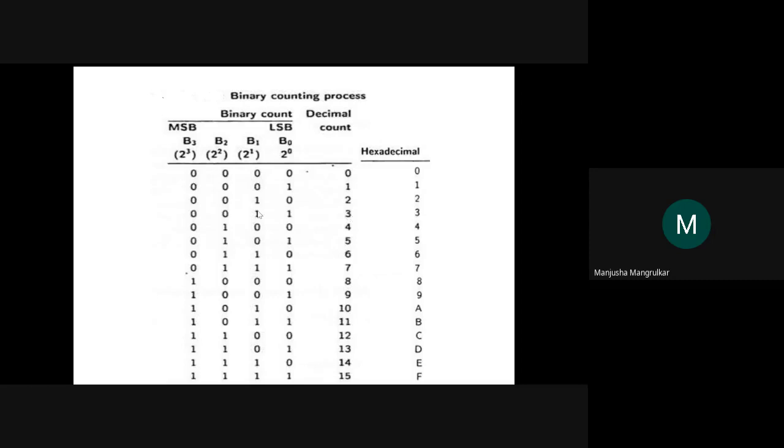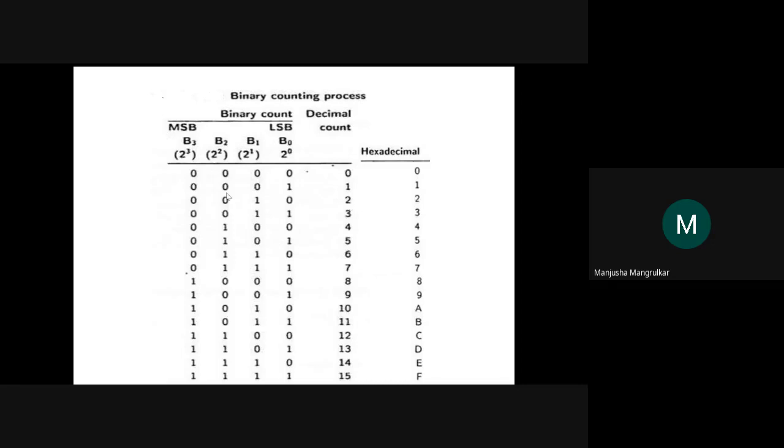Suppose it is a 3, so 2 plus 1. So only the first bit and the second bit are 1. This is the LSB and this bit is the MSB. So the 2 to the power 0 bit is 1 and the 2 to the power 1 bit is 1 and rest all are 0. Suppose it is an 8, so the 2 to the power 3 bit is 1 and rest all are 0. It is a summing of all values of binary: 2 to the power 0, 2 to the power 1, 2 to the power 2, 2 to the power 3, as we are increasing to 2 to the power 4 and so on.